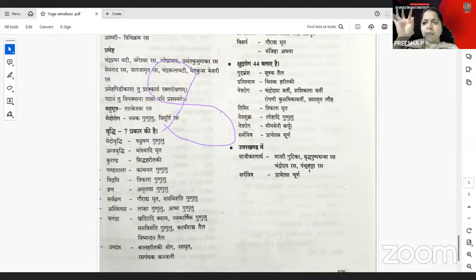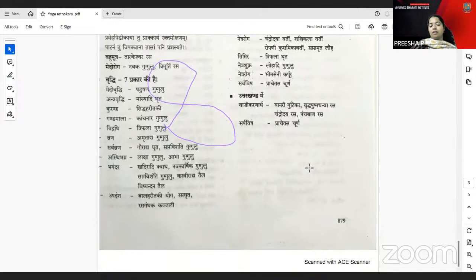That is not so important because very, very rarely only it can be used. Vajikarana is the Vanari Gutika, because Vanara is the same, which is Vanara Vajikarana, like that you can correlate. Vrinda Pushpadhanva Rasa, Chandrodaya Rasa, and Padmagarbha Rasa. These are all things which are used for the Vajikarana aspects there. These are some of the areas where the questions can be asked.